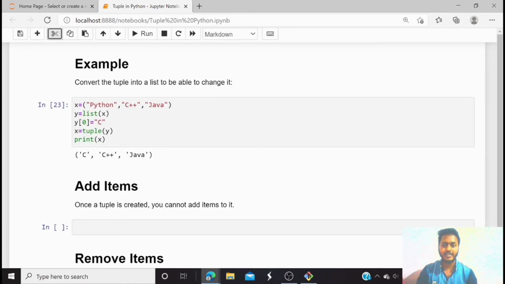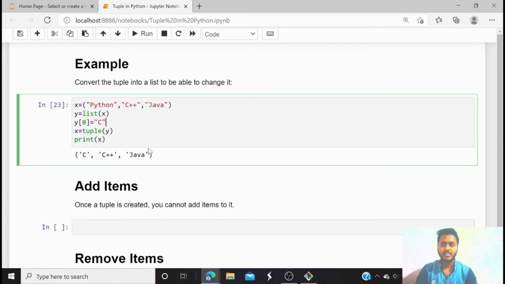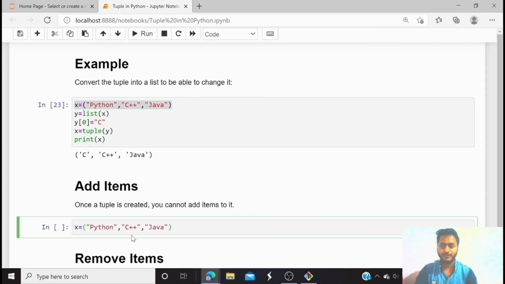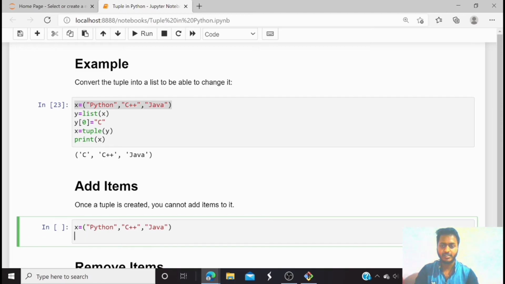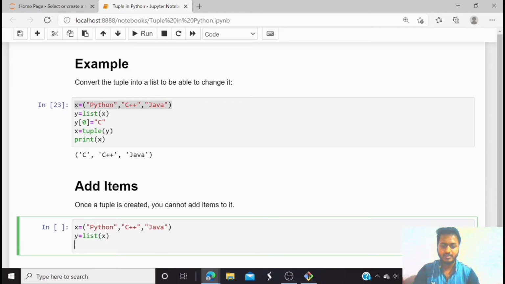Now let's see how we can add elements to the tuple. As we had updated, in the same way we are going to add elements. Here X is equal to Python, C++ and Java. If I want to add the C language, then I have to first convert it into a list, Y is list of X. Now X is converted into a list.